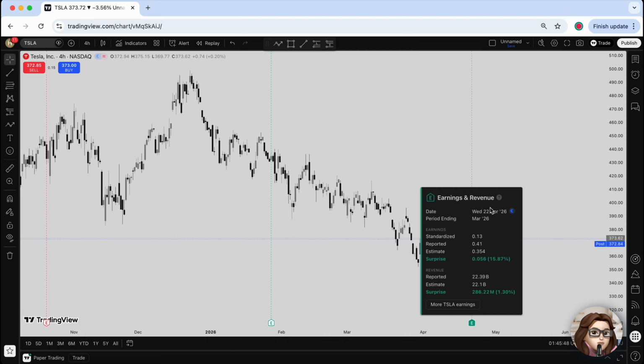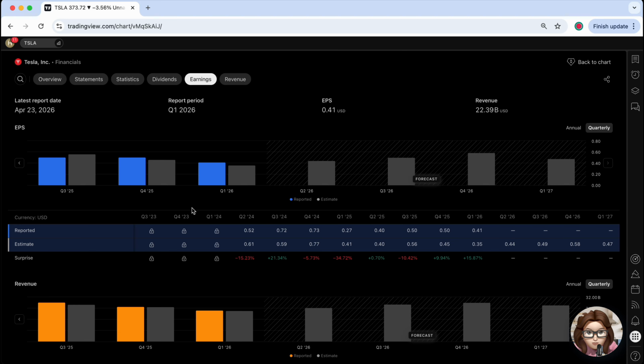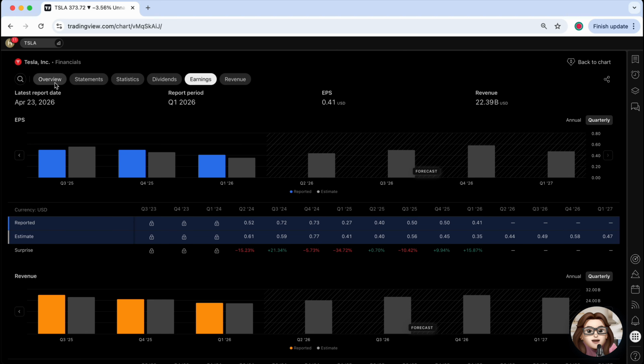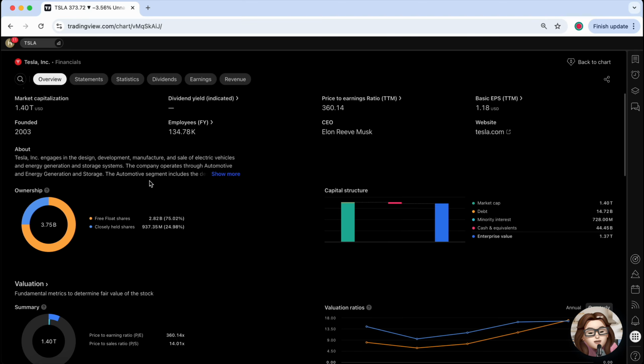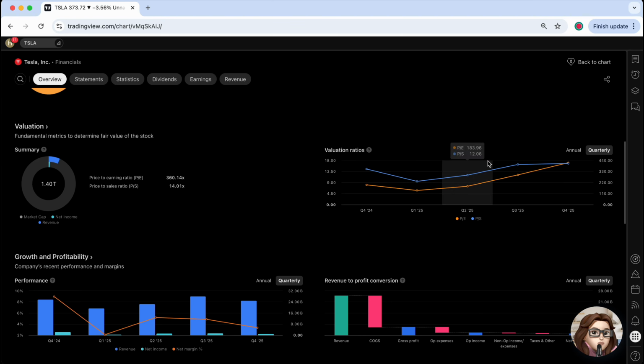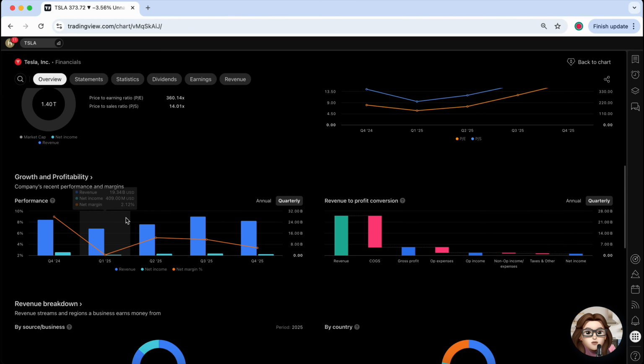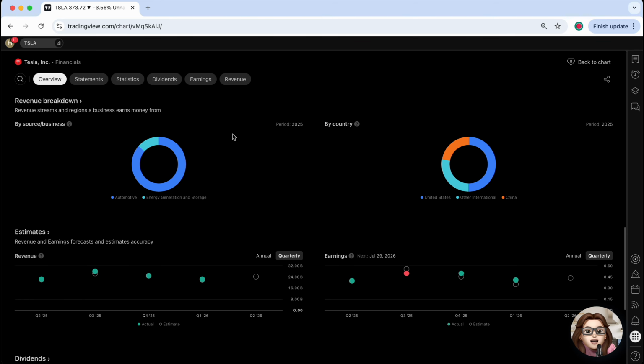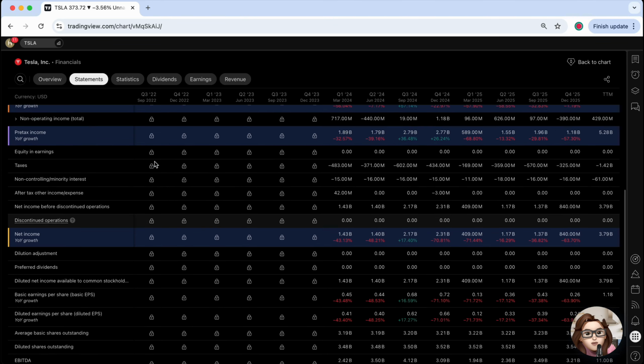Hover over one of these icons and you'll get a quick summary of the company's results. For more details, click on the option to view full financials. This will open a detailed page where you can see financial statements like income, revenue, balance sheet, and other key data. That's it. Now you know how to view